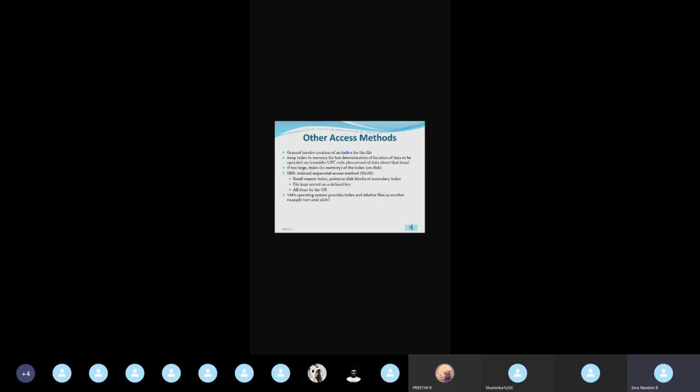So if there is a file, a file is a collection of relevant information. Okay, so along with that file we are having an index. In that index we'll be having what contents are available in the file, what contents are in the file and at which location each content is. So where will those details be? They will be in the index. This is similar to your page table in the paging concept. Okay, we see which page is in which frame; like that we are having an index in this access method.